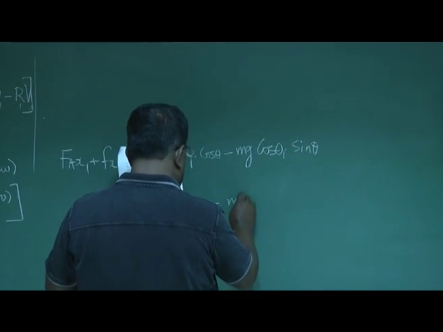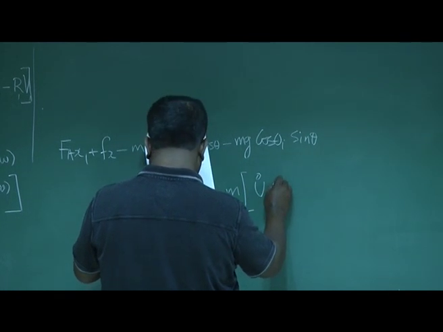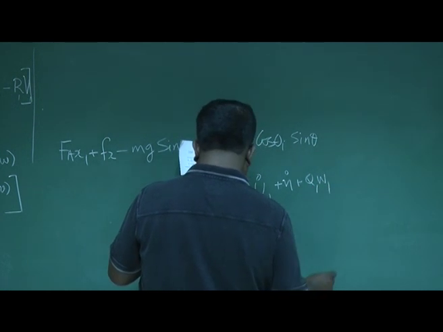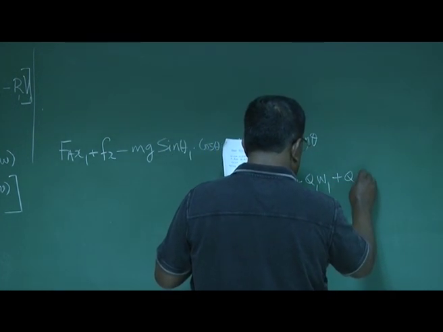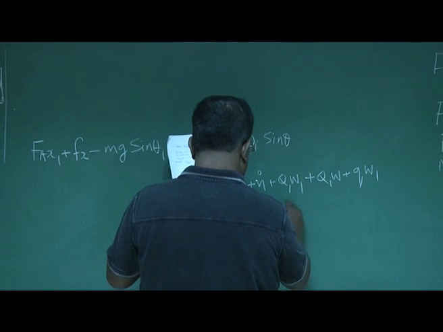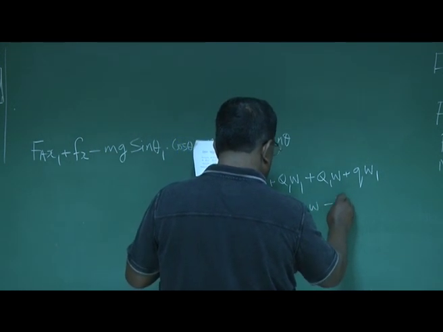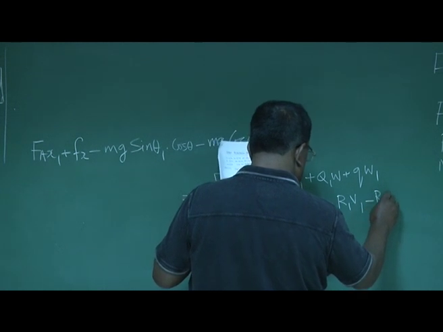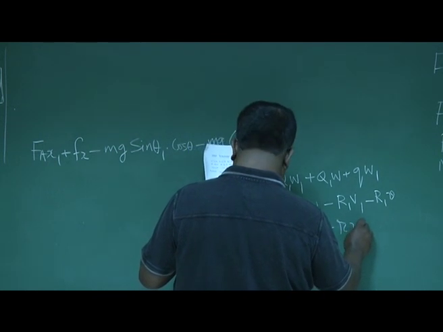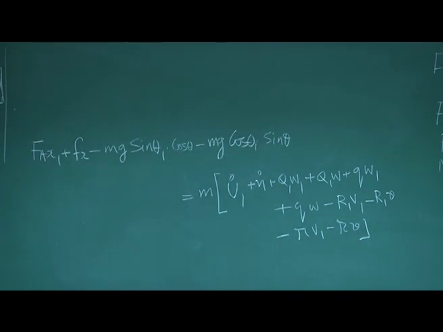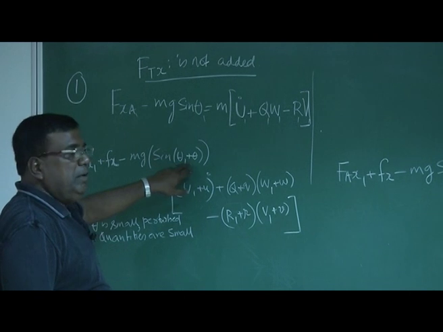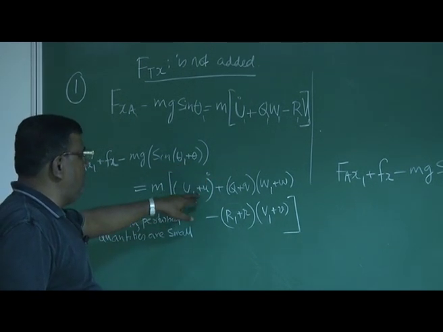This is equal to m(u1 dot plus u dot plus q1 w1 plus q1 w plus q w1 plus q w minus r1 v1 minus r1 v minus r v1 minus r v). You could check yourself. This is sine of theta 1 plus theta. I have to expand sine of a plus b, so I'll get those terms. Here u1 dot plus u dot. You see here